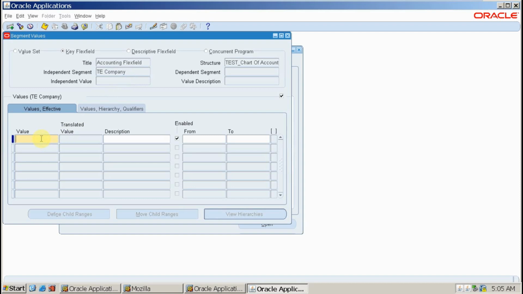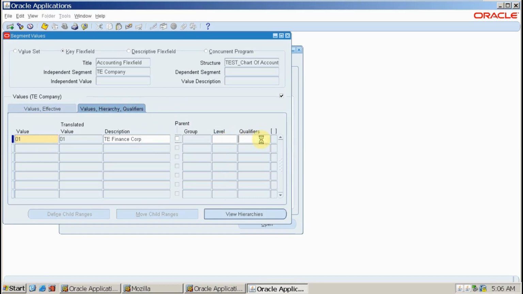So click on Values here. The first value I'm creating for the company, that is the code, the value, I'm giving 01, which is something like TE Finance Corporation. This is enabled by default, and click on the value hierarchy qualifiers tab.